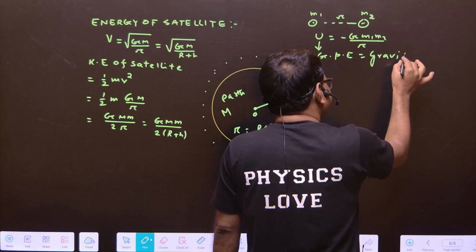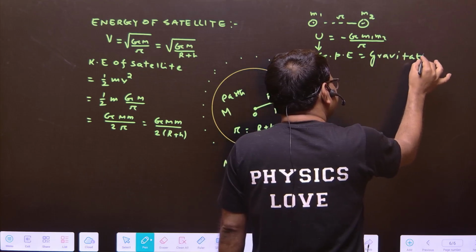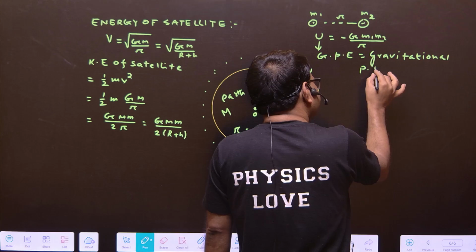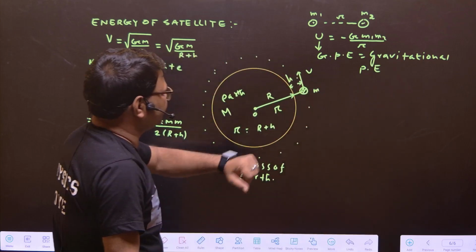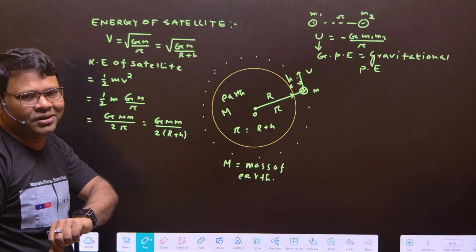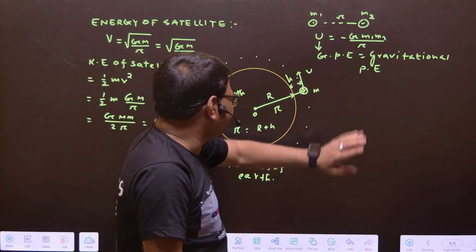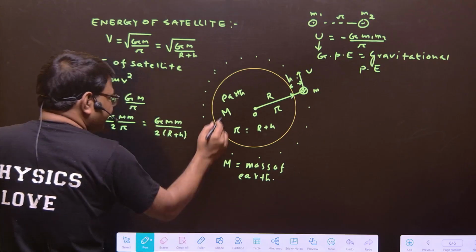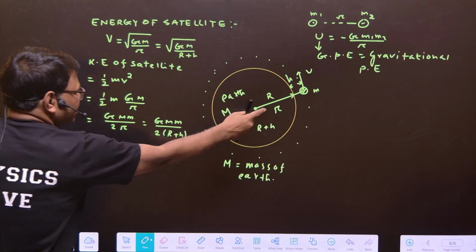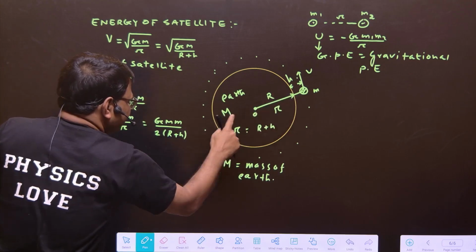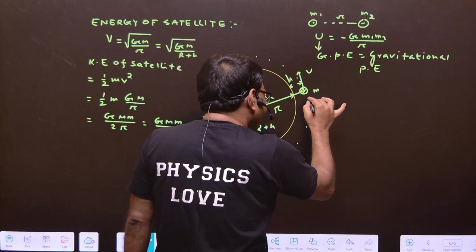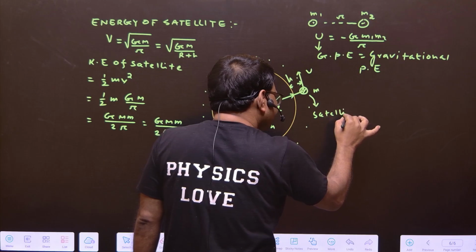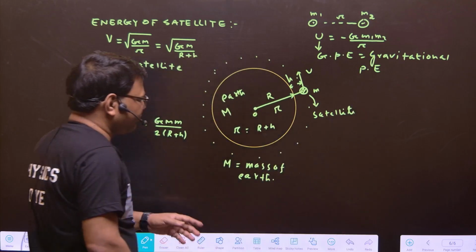Gravitational potential energy, GPE. Okay, GPE, gravitational potential energy. So for the two mass system, gravitational potential energy, mass of the satellite and mass of Earth. This is the satellite. Now here, see,